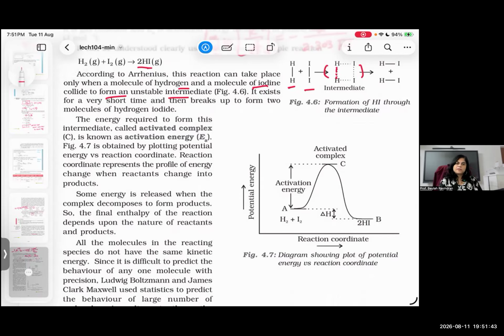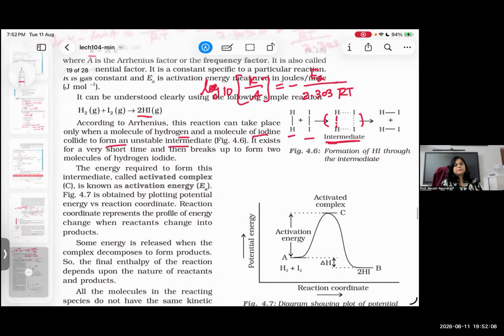Can you understand this? This is activation energy. Students, take notes: it is the minimum additional energy required by reactant molecules to form the unstable activated complex, that is, the transition state. It is known as the unstable activated complex that leads to products. Or we can say